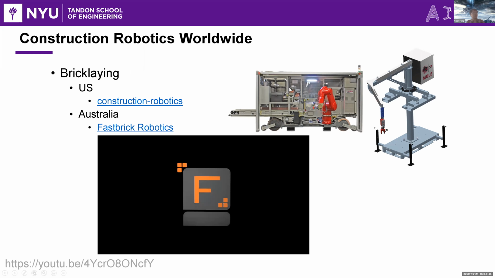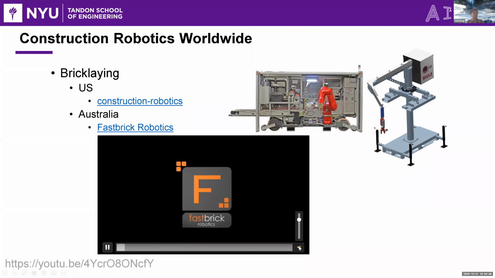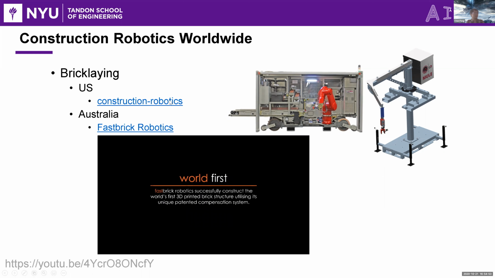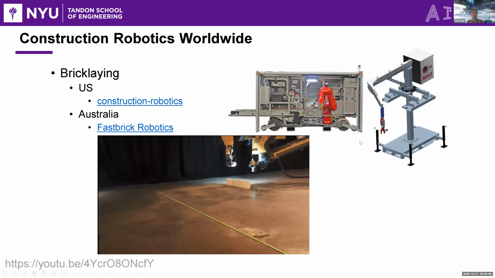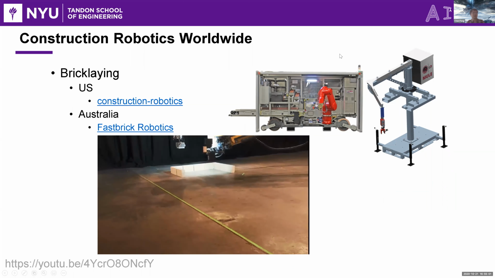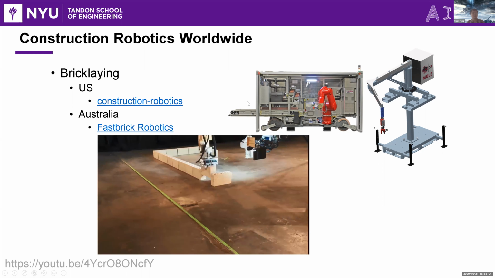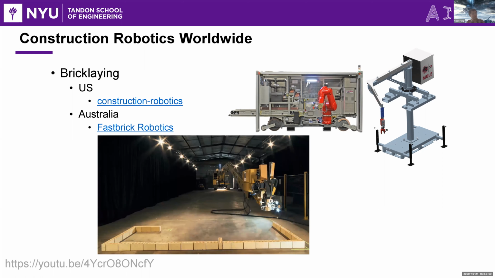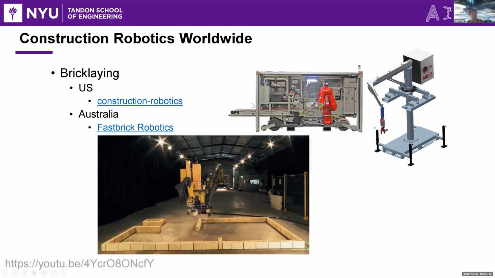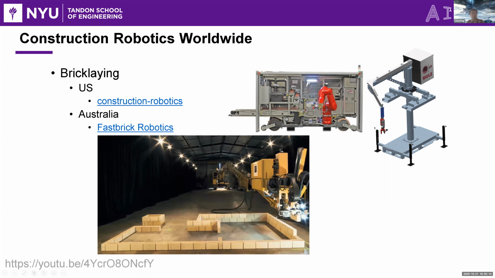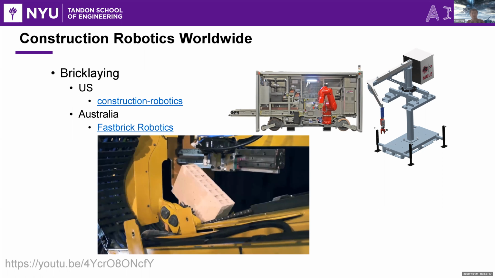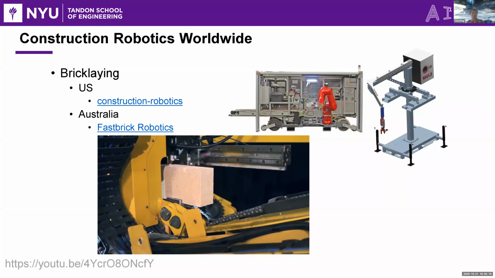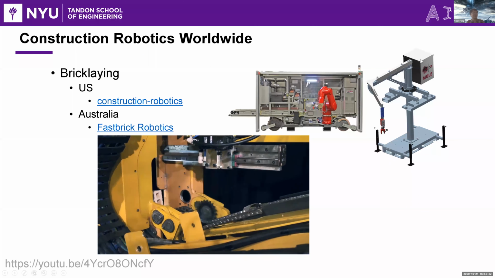Bricklaying using automated machines is a technology that is not a dream anymore. Actually, in New York, Construction Robotics is a company in New York State where you can actually rent or buy this machine. And according to my friend, they are already using this machine in Michigan while building a factory for Ford, the automotive company. So that's an automated bricklaying machine.